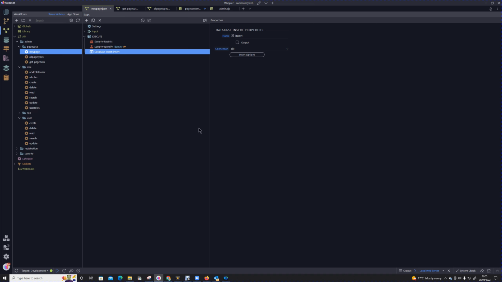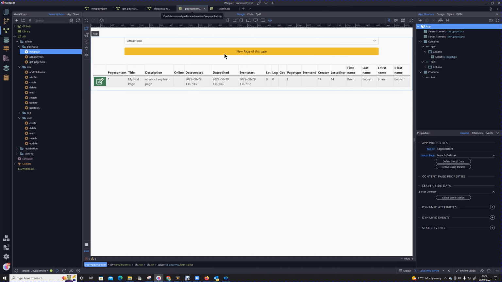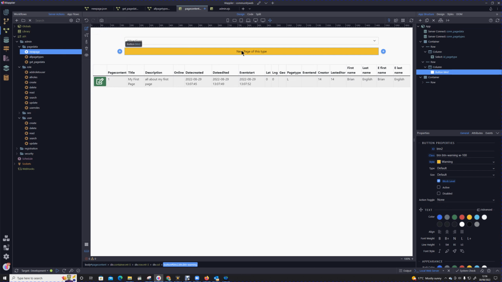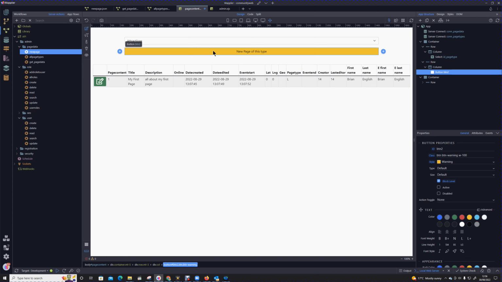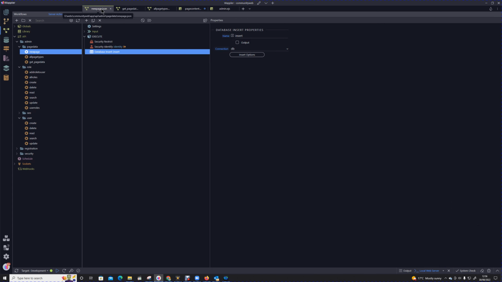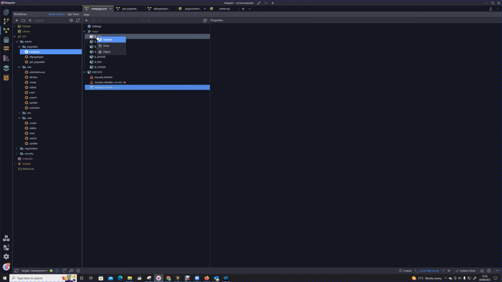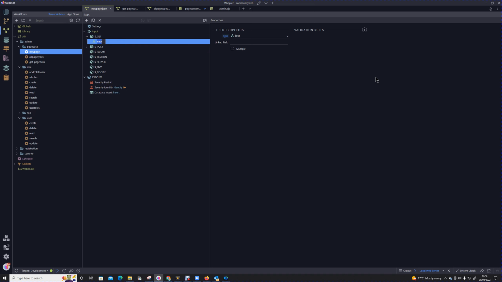So now what we need to do is to send an operation to that create page action from this button, sending it the value of that select button there. So if I just pop back into our new page, I'm just going to create a get variable, and what I'm going to create is